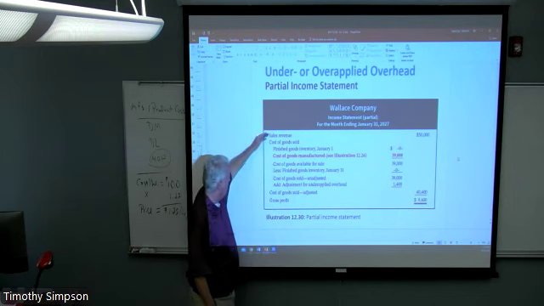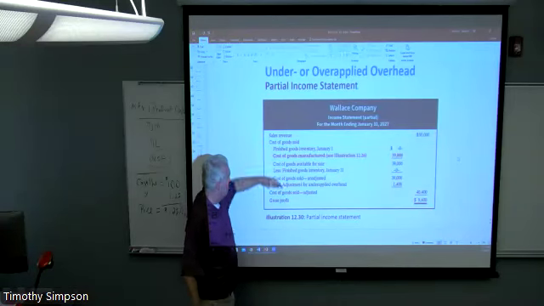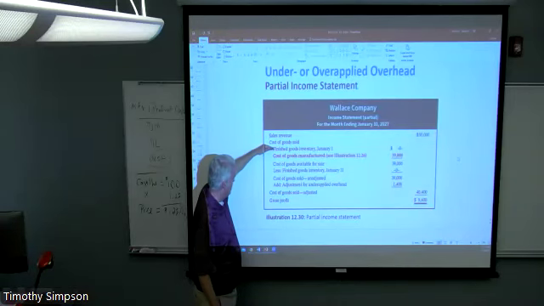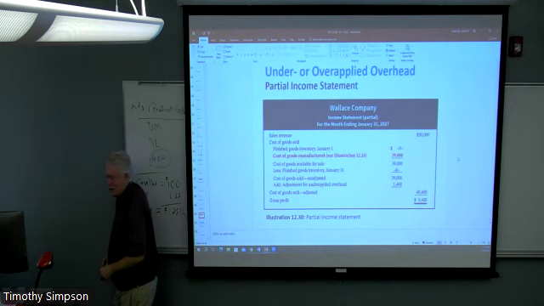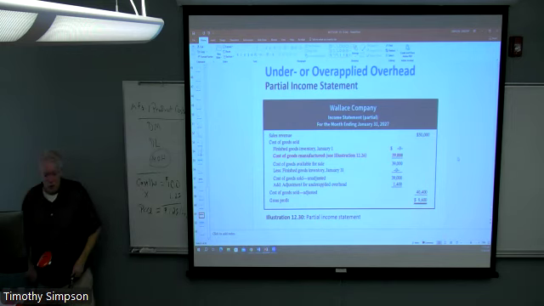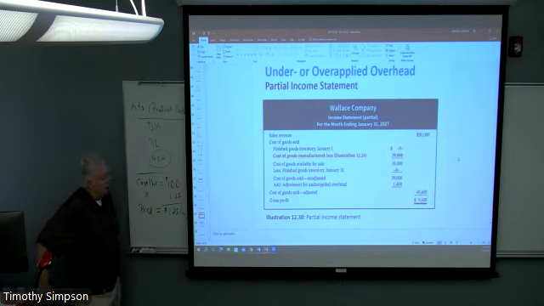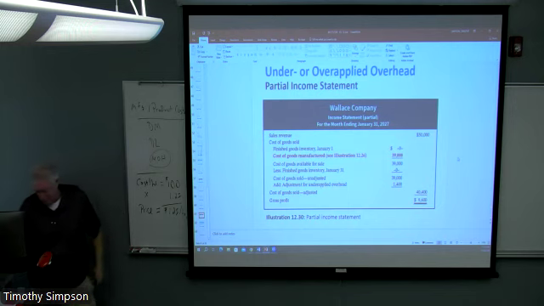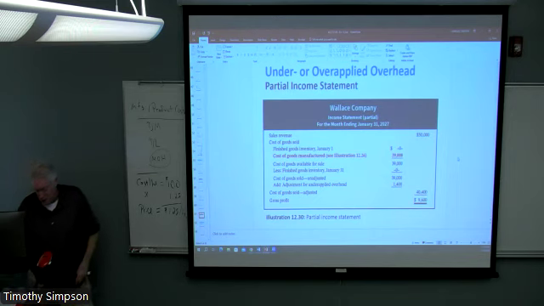You might just have, in fact, and I've said this a number of times before, a lot of companies try to give these as abbreviated as possible. They'll have sales, then cost of goods sold, and gross profit. They won't get into all these line items. They may or may not even get into them in the notes to the statements, mostly because they don't want to tip their hand as to what's going on. But in this case, we have a fully extended income statement that breaks those out.